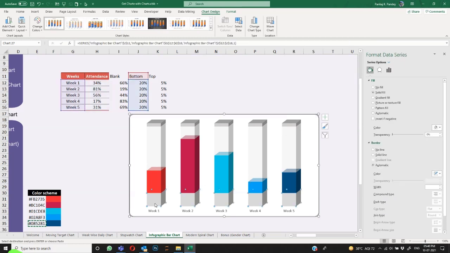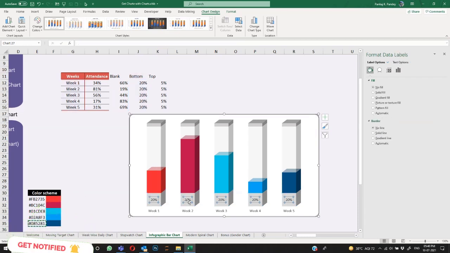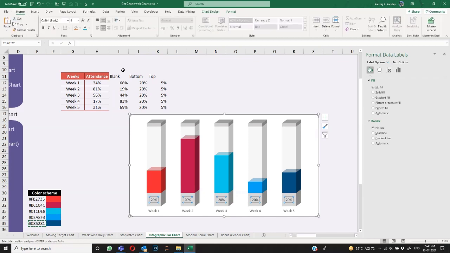Last thing is I'm going to select this label, right click and add data label. When I do that, I get these data labels, but it's only 20% because the entire series value is 20% each. So first I'll right click, format data label, and it shows you have an option to show value. If I uncheck it, everything is gone.